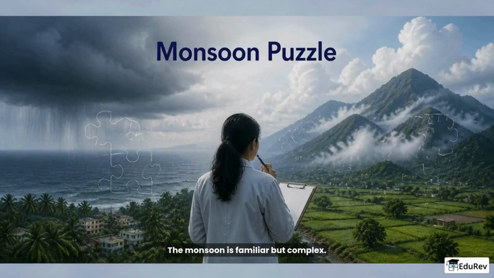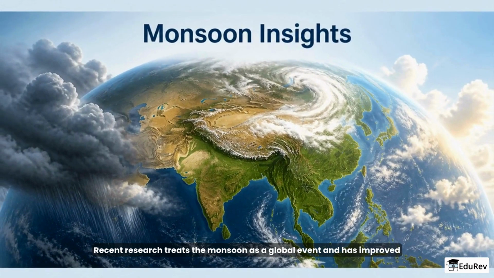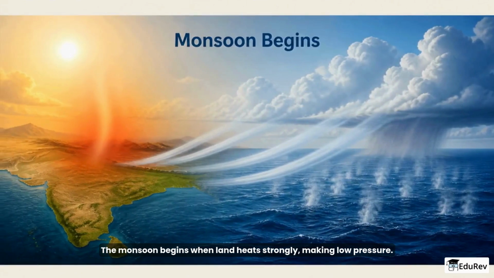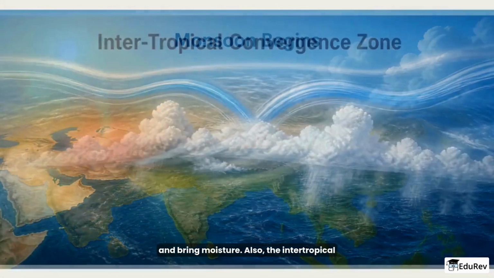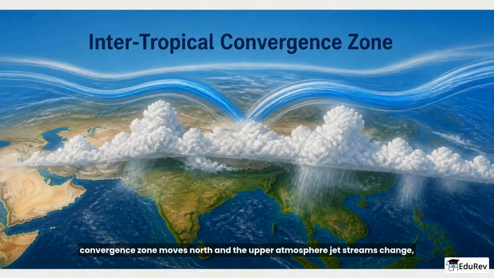The monsoon is familiar but complex. Scientists still study it carefully because no single theory explains all its behavior completely even today. Recent research treats the monsoon as a global event and has improved our understanding of how the monsoon begins and why breaks happen. The monsoon begins when land heats strongly, making low pressure. Cooler ocean draws winds which cross the equator, turn by Earth's rotation, and bring moisture. Also, the intertropical convergence zone moves north and the upper atmosphere jet streams change, helping the sudden burst of monsoon